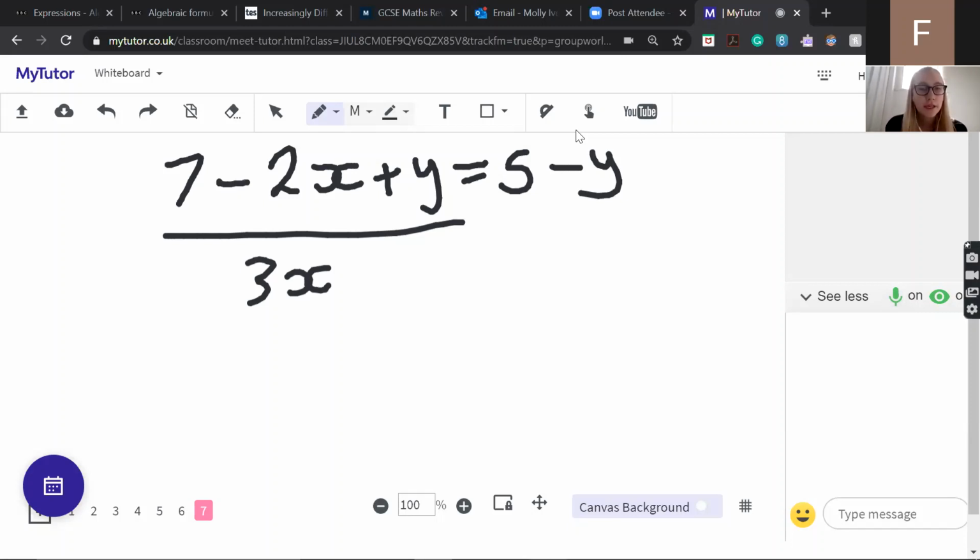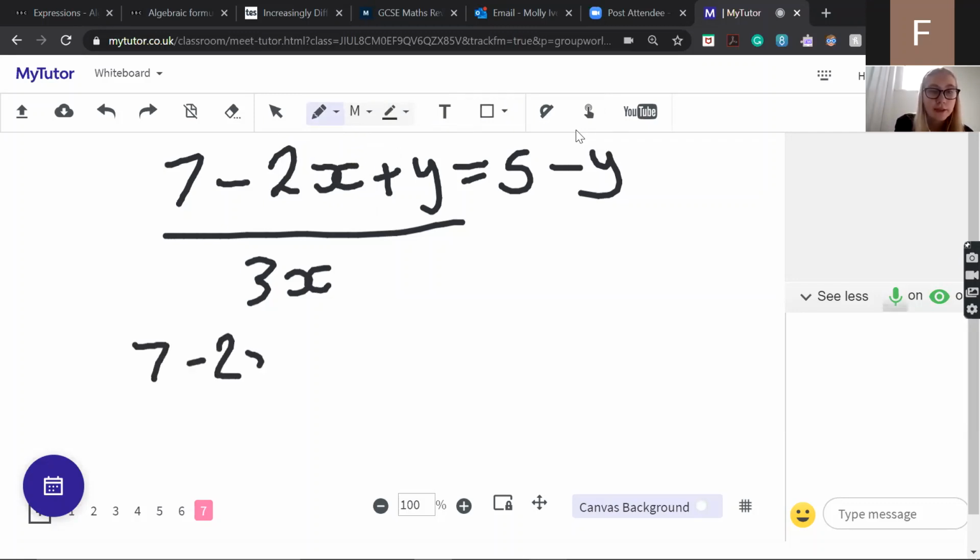So here we can see that it's going to be similar to before. We're going to start by multiplying up by the 3x. Generally, sorry, this is making x the subject. So if you've got something in the bottom that you want as the subject, we're going to multiply up by it. So we'll start off by doing that. So we get